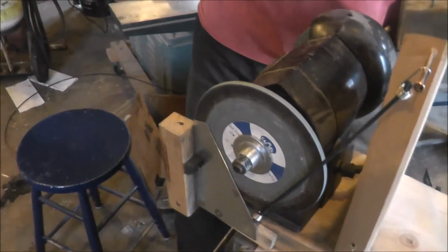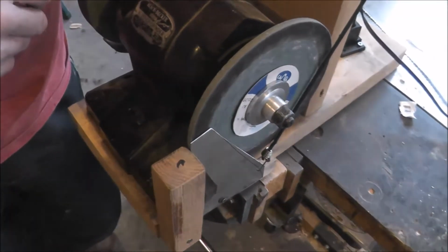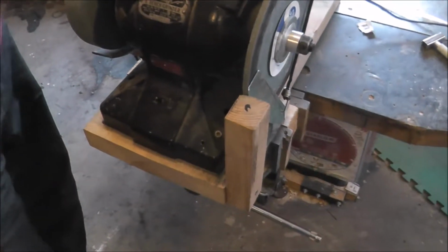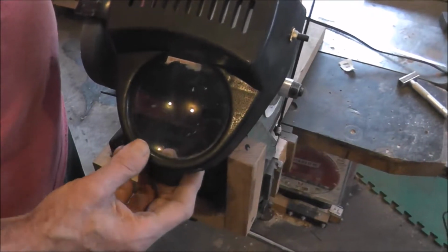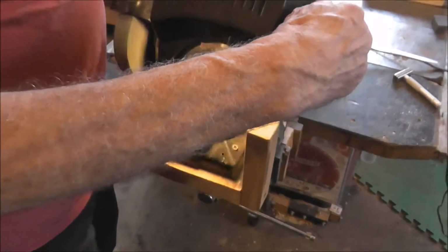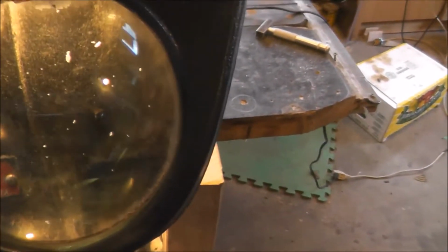Now your teeth are fairly small, and you're going to have to look at it and watch it there. I found my eyes went kind of cross-eyed. So I'm using this device here, which is a magnifying glass, and I've set this up here. When I look through there, I can see it much larger, and it's a lot easier on my eyes. And of course it's lighted too, so you can see in there quite well. We'll see if you can demonstrate that with the...